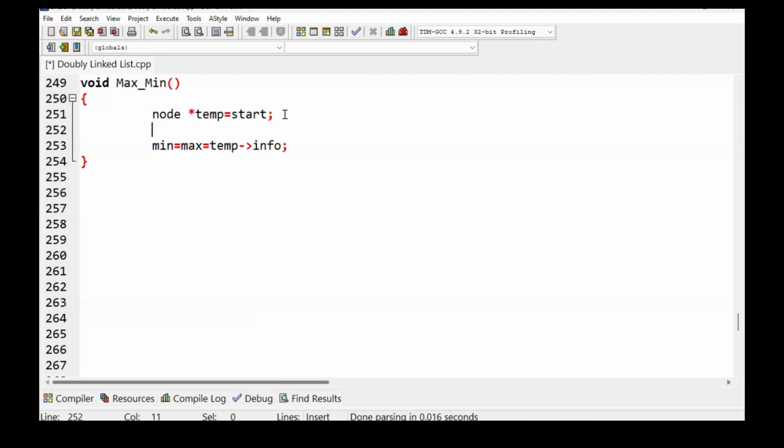Before that we have to declare integer min and max, so both are integer variables. Then we traverse. We initialize temp equal to start, then while temp is not equal to null,